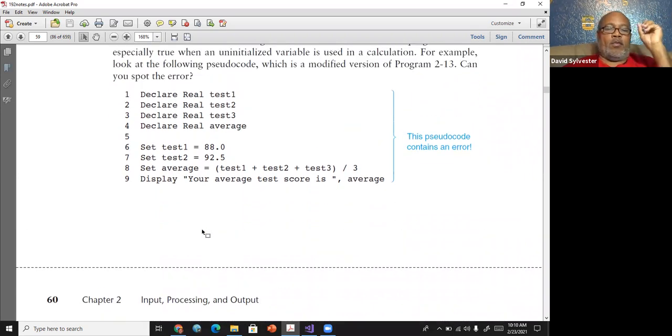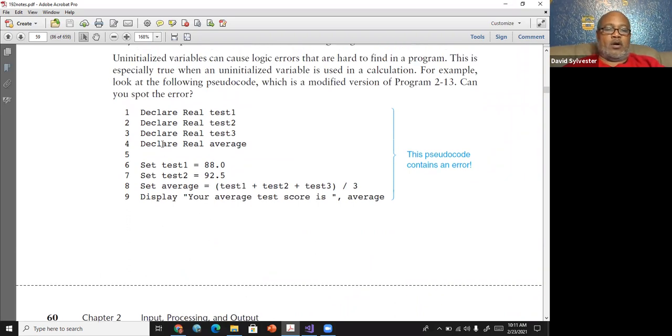All right. Now, remember what we said about some of the watered down compilers. When you declare a variable in Visual Studio, it automatically assigns the value 0 to that variable if you don't set it to equal or assign it to equal anything. So if we did this program in Visual Studio, we would get an average where we'd add test 1 to test 2 to test 3, which would be 88 plus 92 plus 0. Divide by 3 and you'll get an average.